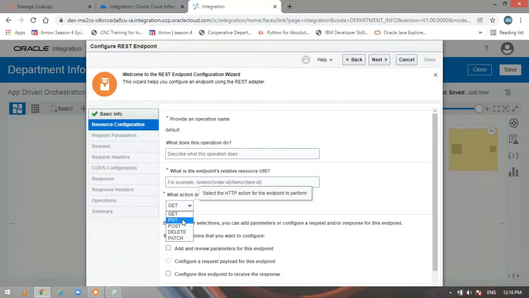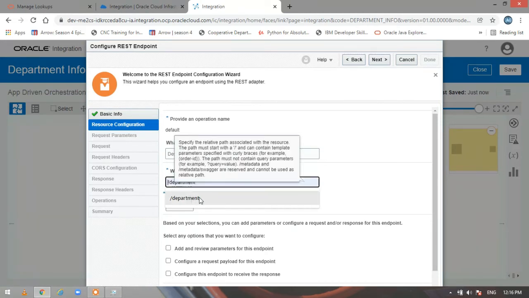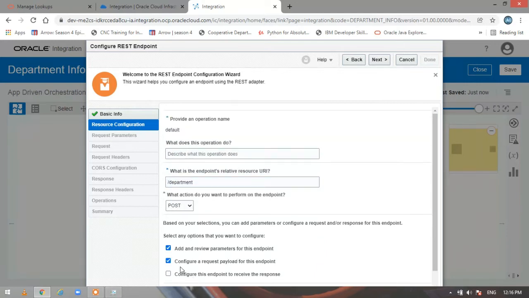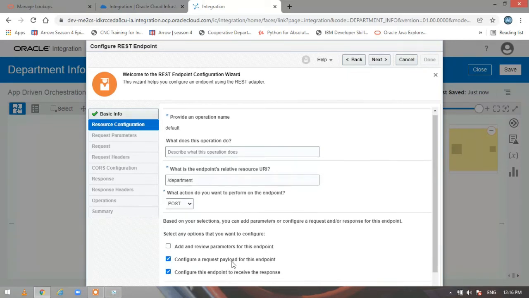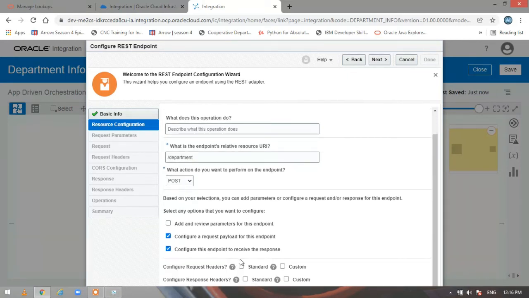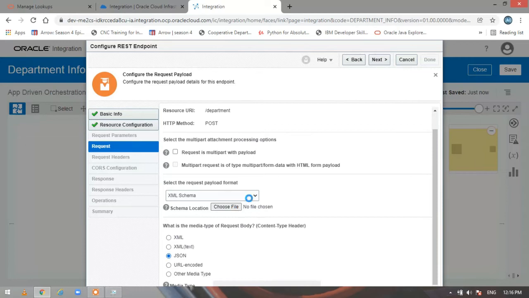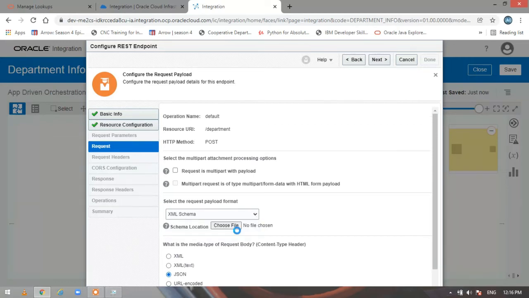I'll make the operation to be post. I'll give it as department, and I'll configure the request and the response payload for this. Click on next. You specify JSON. I'll give JSON.